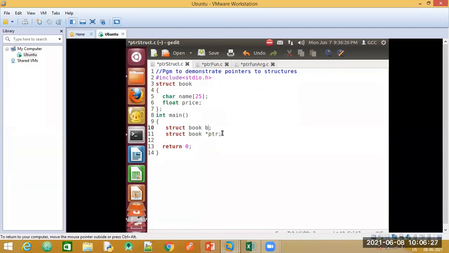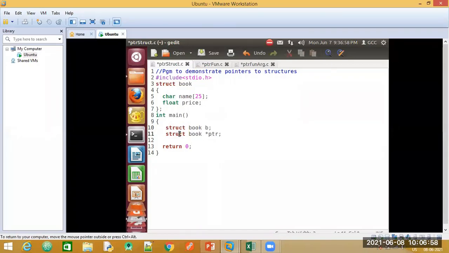Like you have declared it previously for arrays, where you wrote PTR is equal to the array name, or for variables you wrote PTR is equal to ampersand of n, ampersand of x. So here I want my pointer to point to my structure. If you remember again, whenever we declare pointer variables to initialize them with other variables, we always have to use the same data types.